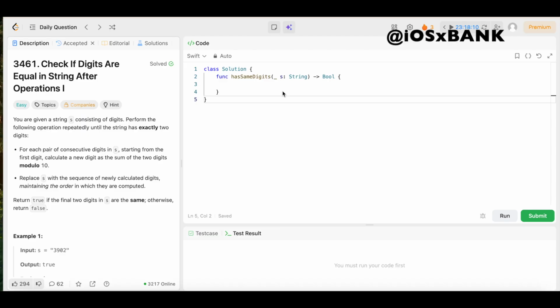All right, y'all, we're back again. Another day, another LeetCode problem where we're doing daily LeetCode problems. And today we have question number 3461. Check if digits are equal in string after operations 1. The difficulty level is easy, so you already know we're going to keep the solution as simple and easy to